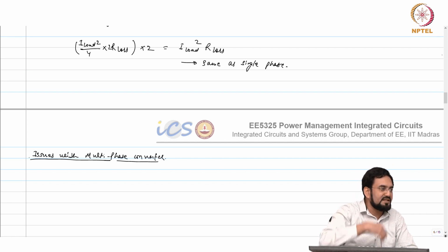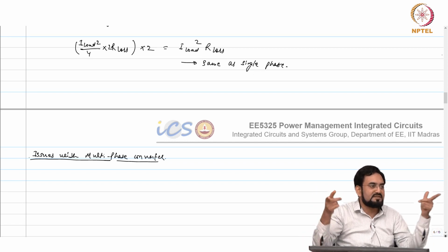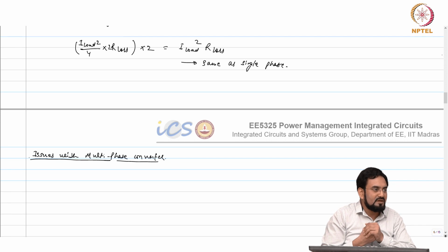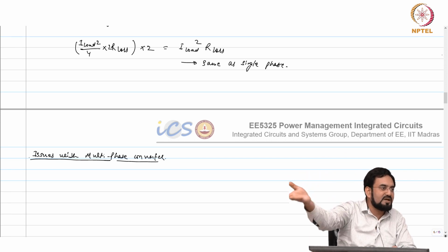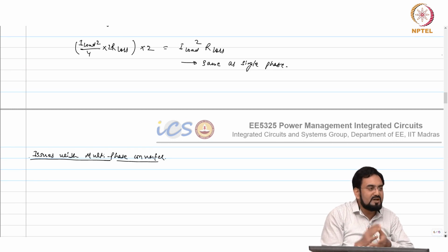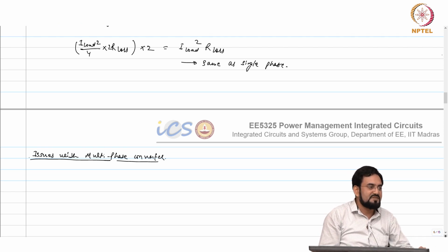If you assume the duty cycles are same, correct? Because average voltage across both inductors is the same, but resistors are different. So the one which has a higher resistance will carry a lesser current. So that is a benefit for me, because now it's well balanced actually. Otherwise, if that R is higher, I square R losses will increase there. So that's not a problem actually. That will in fact help your efficiency, in a way, average efficiency.